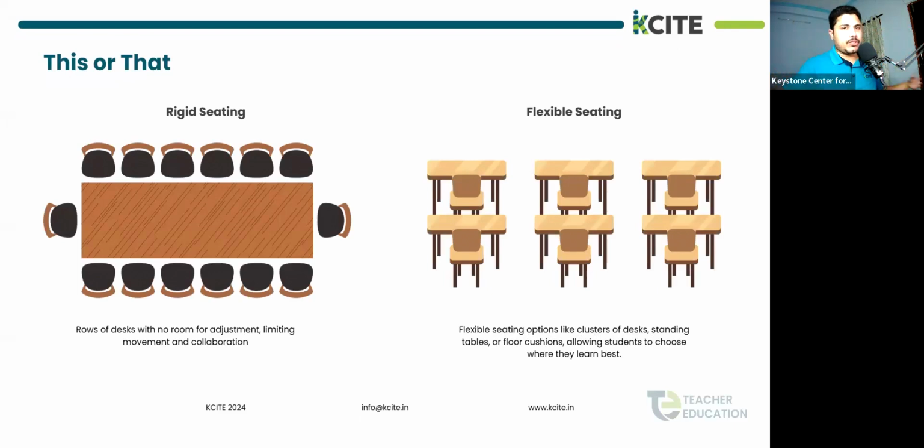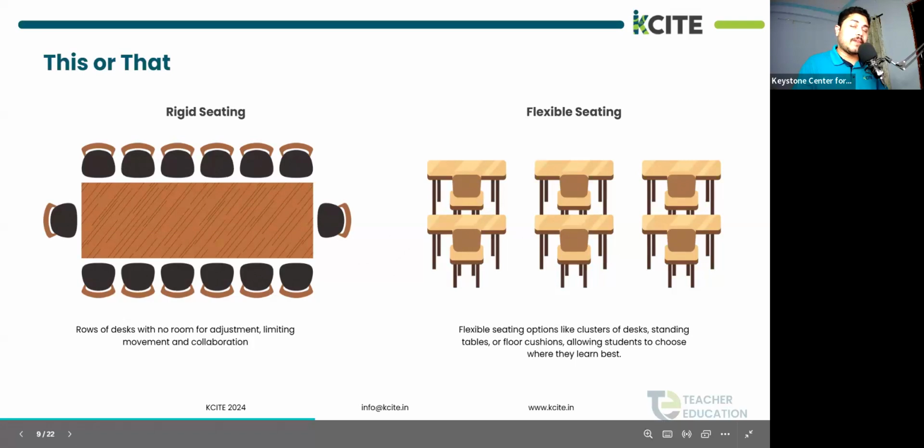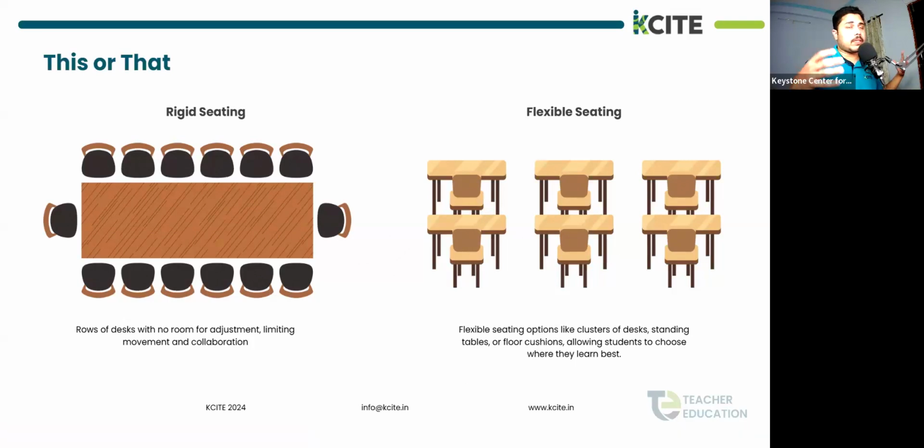Now the next thing is, what sitting arrangement do you prefer? The first one is rigid sitting, where there is no room for adjustment, it is limiting the movement, and collaboration is also difficult. And flexible seating arrangement, where there are options like you can keep clusters of desks together, there is a standing table, and there are some floor cushions also, and that allows the students to learn wherever they want. Which type of